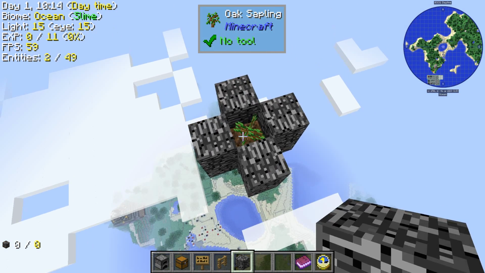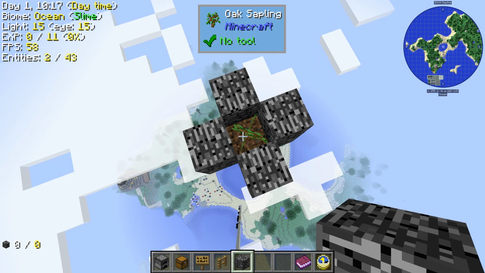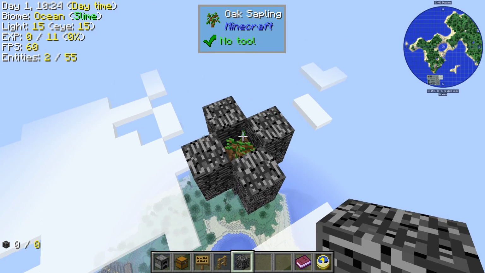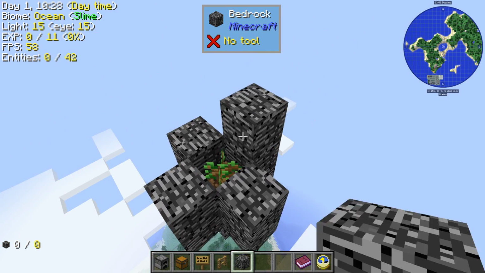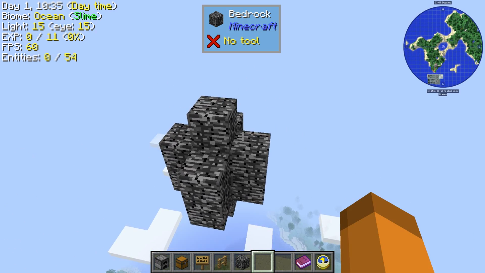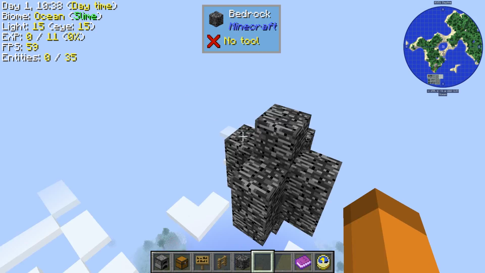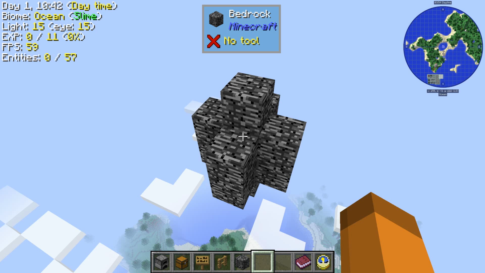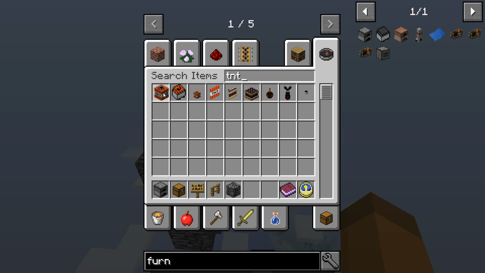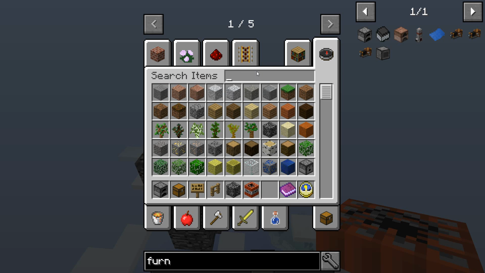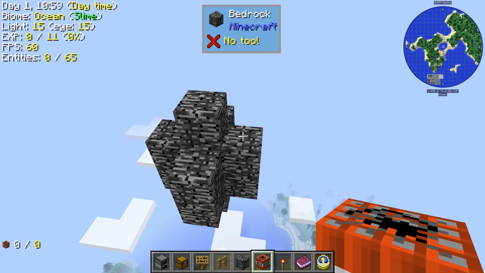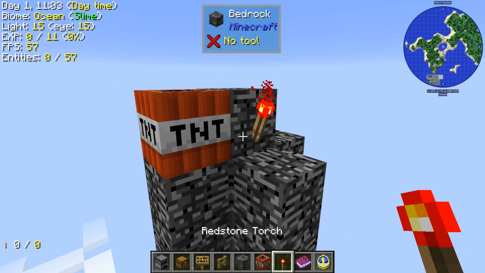So, if this dirt and tree are the system, and if we want to make it isolated, we might simply cover it. And thus this system is now isolated. Within regular survival mode Minecraft, there is no force that can penetrate this system. It is completely isolated. Energy does not go through. We can demonstrate that with our good old favorite, just a little bit of TNT and a little torch. As everyone knows, this system,